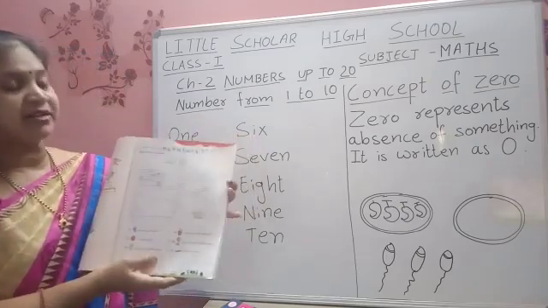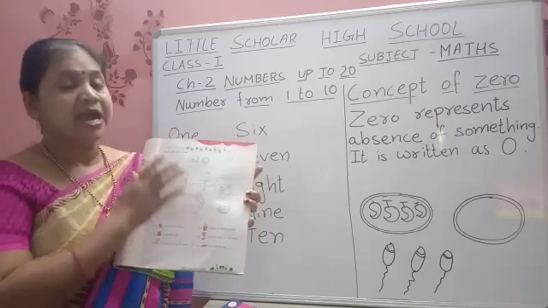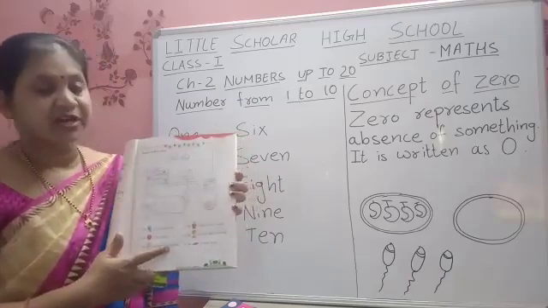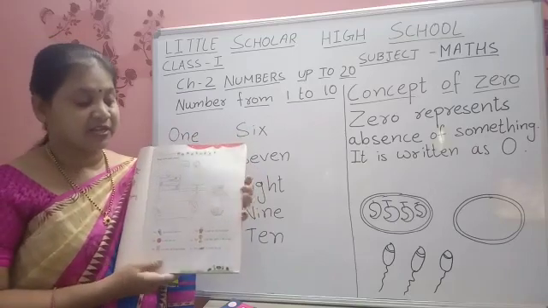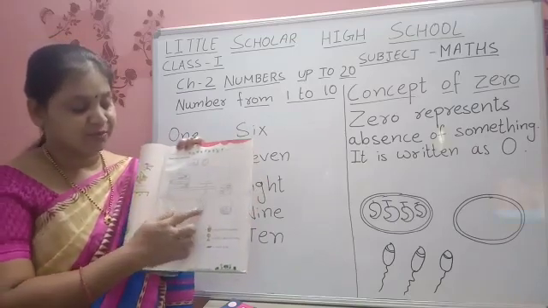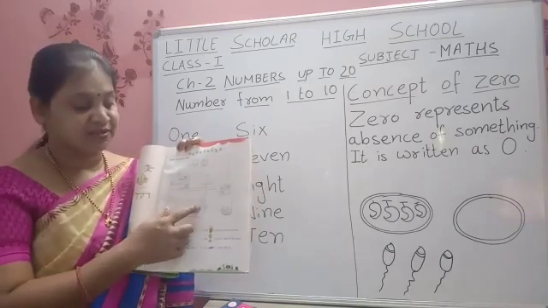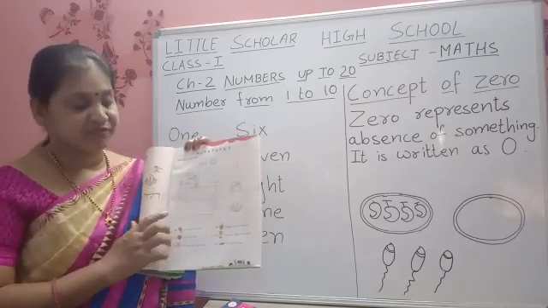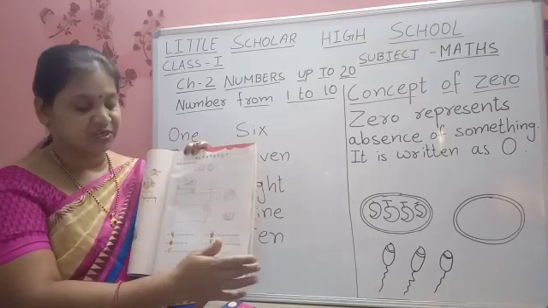Is it clear, children? Complete this page neatly. Color it, then draw according to these sentences given here. Do it very neatly, children. Color it neatly. Color should not come out of this picture. Color should be inside. Draw neatly. For each picture, use different colors and draw it very neatly, children.